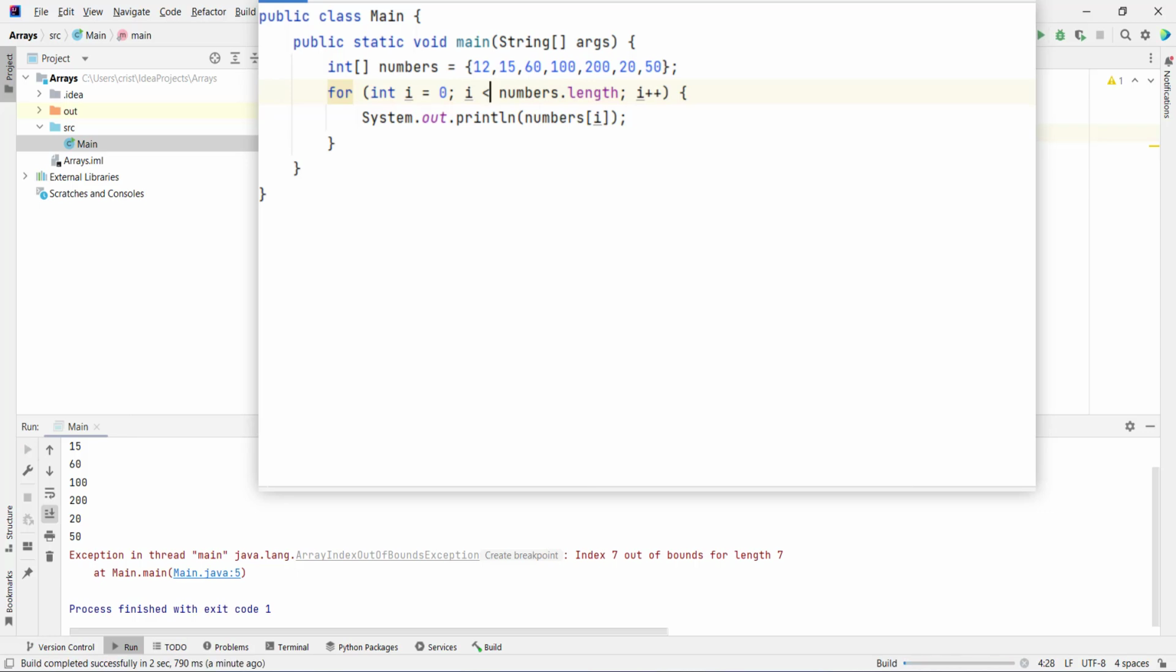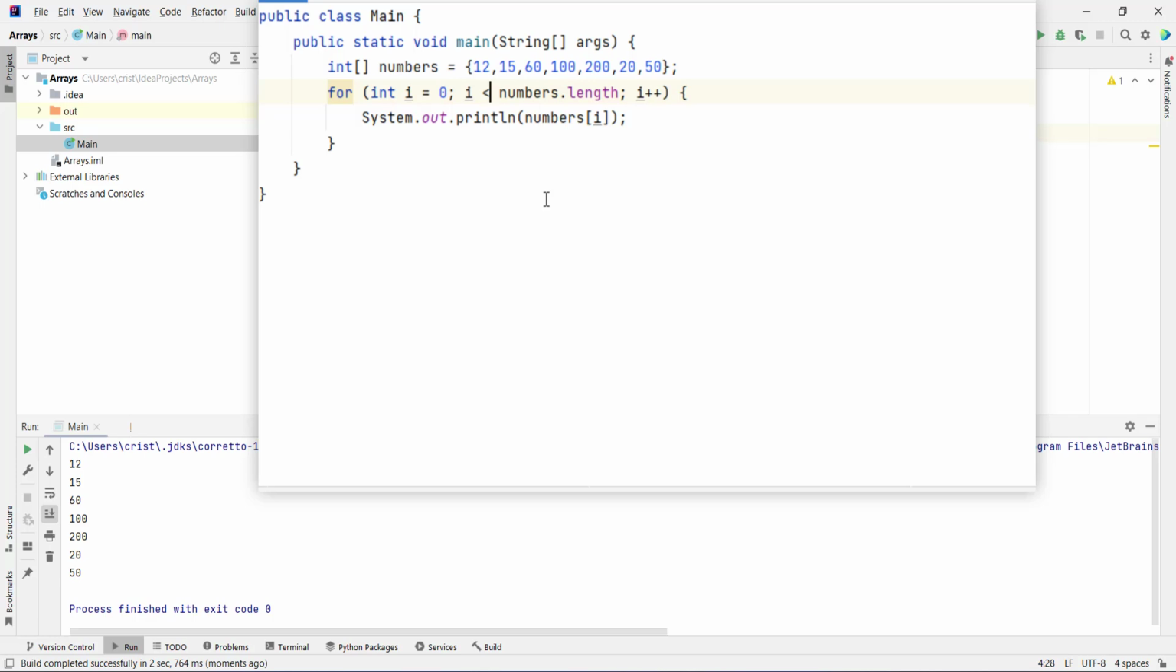because it will get to the last element, and it will not go past the last index. Or you can put here less than or equal to numbers.length, but with a -1. So we're going to subtract 1 from the length. So instead of the length, which is 7, we're going to have 6, which is the index of the last element. So now if I run this,